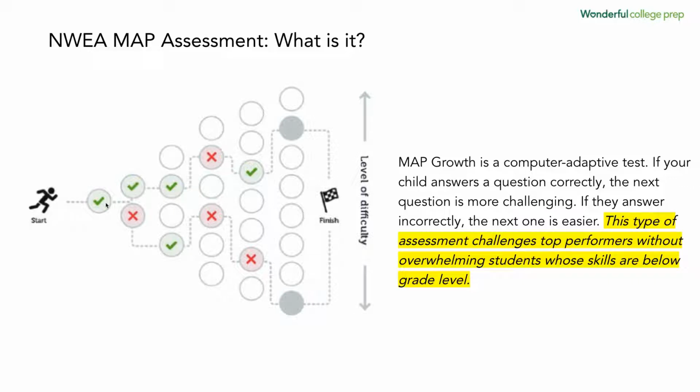Let's first say that this student gets that one right, and then the next question pops up. Let's say that that 10th grader gets that question correct. They now might be bumped up to an 11th grade question. So they get 1 correct, 2 correct. So they got 2 correct on 11th grade. So now maybe they're getting more of a 12th grade level question.